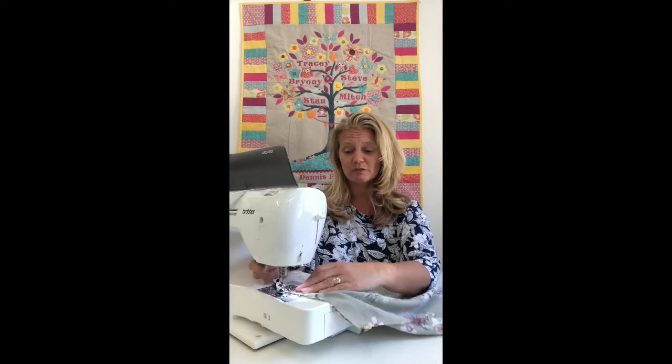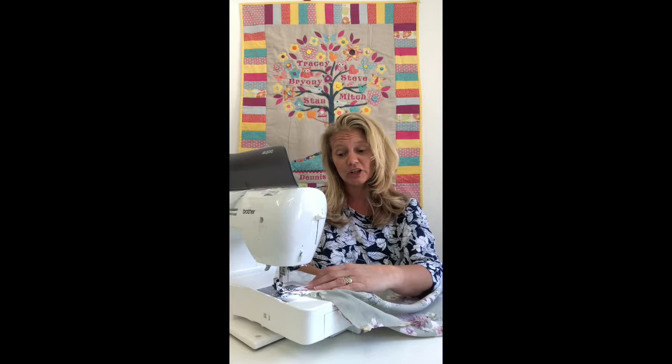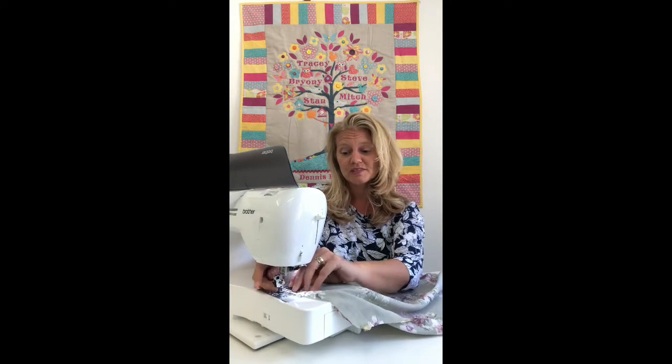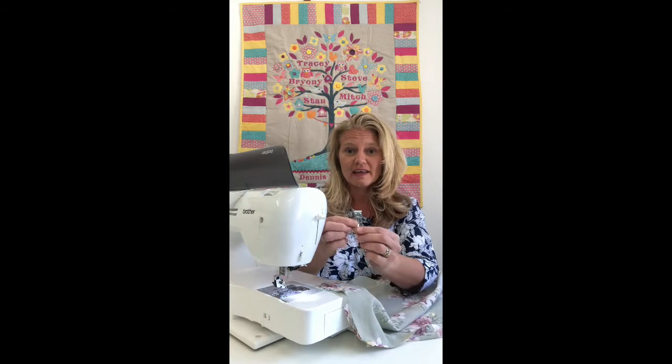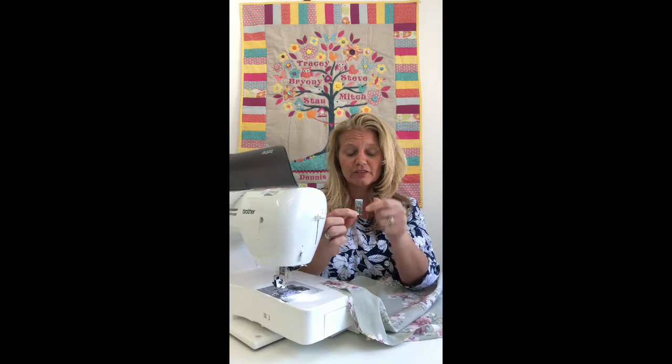On the Brother machine, we've got a really nice stitch, and also a foot that comes with it. It'll be foot G on your machine. So have a look in your manual for overcasting or overlocking. When you put the foot on, you'll see that there is a little gap in the foot here, and that's where we're going to keep the edge of our fabric in the gap in our foot, and a little pin out the back. It means it's going to hold our stitching out nice and straight,